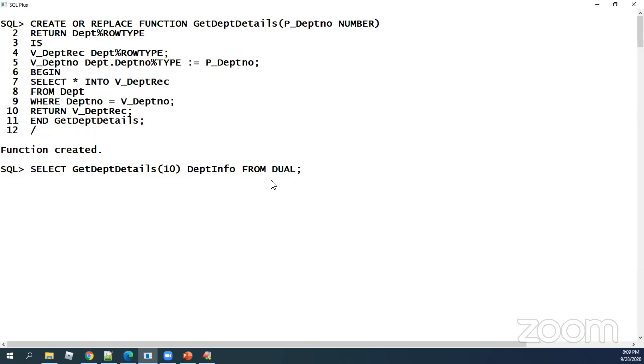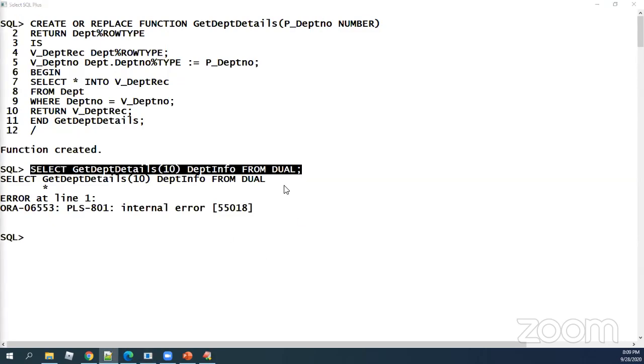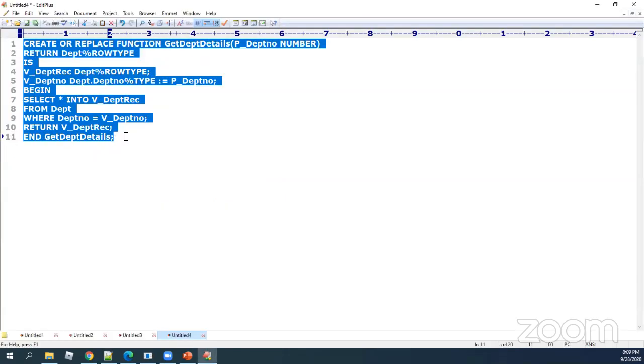Now, whenever I'm executing this, is it a row type, yes or no? Now, you just watch very carefully. Your select statement directly cannot handle percentage row types. So when your functions are returning anything other than scalars, meaning collections, row types, record data types, you cannot use those functions directly within your SQL. Am I clear with you? So then how to make use of it? You have to create a calling environment.